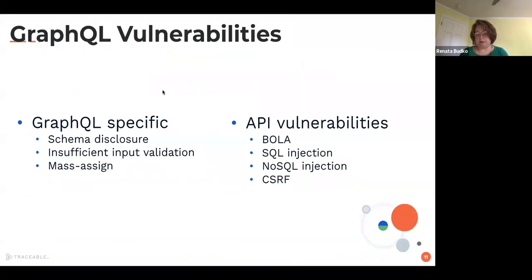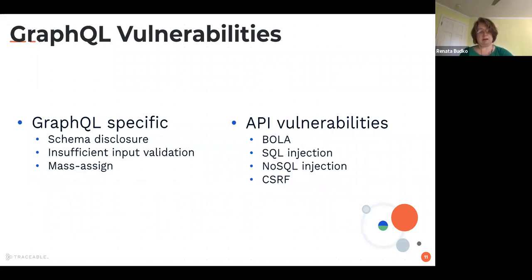In terms of observability and protection on GraphQL, GraphQL is an HTTP-based protocol. In this way, it's similar to REST protocol. And in that, it has certain new vulnerabilities that we have not seen on the REST side, but also it has some of the existing vulnerabilities that are similar to REST and also needs to be protected from those. So specifically for GraphQL,